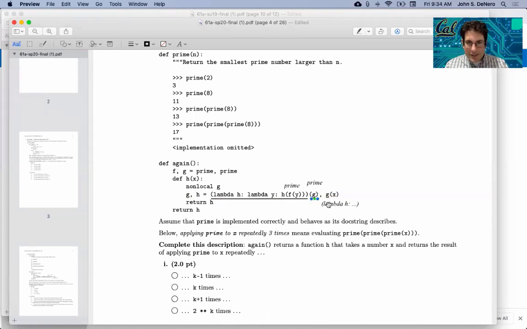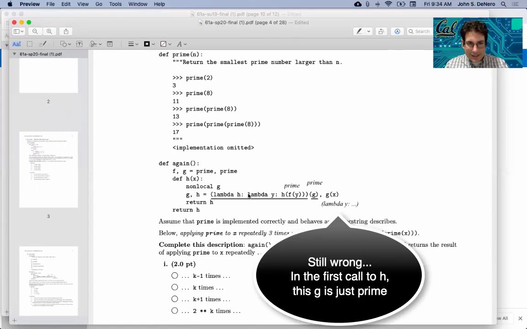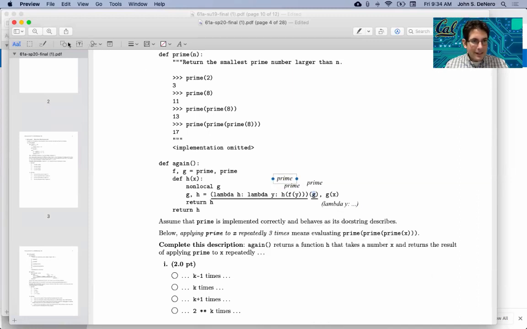So this g over here isn't lambda h, it's lambda y dot dot dot, because we've already called this lambda h on prime. Okay? So that means,